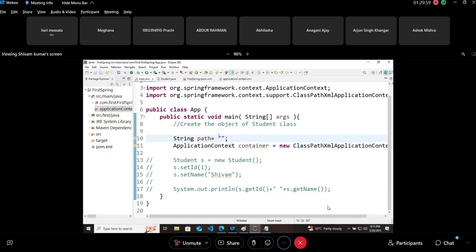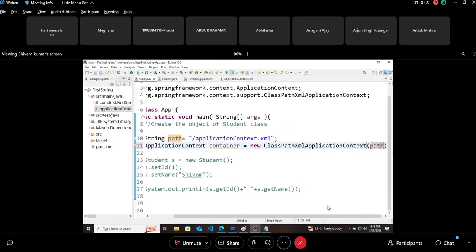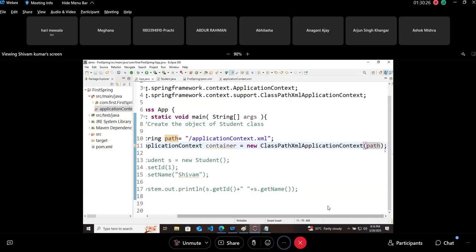XML file is in src main Java. In Eclipse, you can just go to src main Java by keeping a slash here. File name is application context dot xml, lowercase, uppercase, remember that. And here path, what we will do, we will feed this path here. Okay, we are feeding this path here like that.